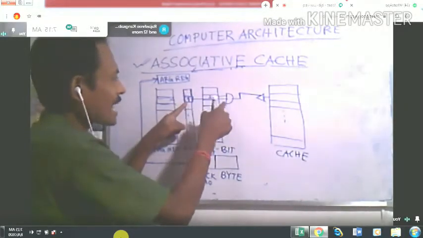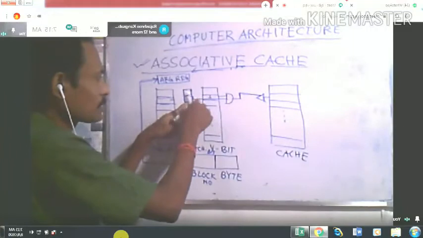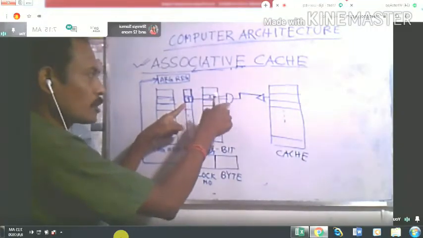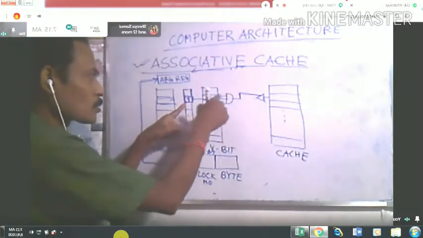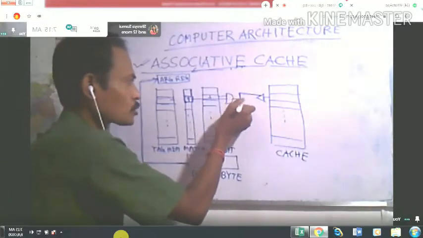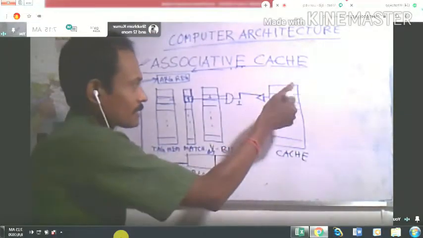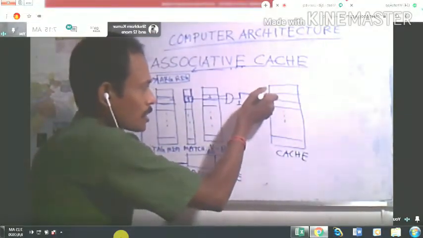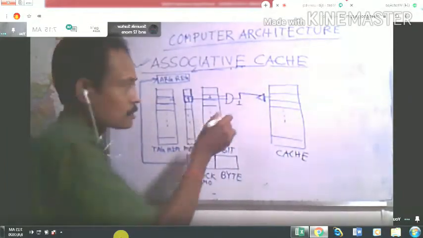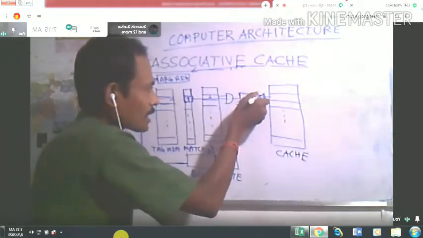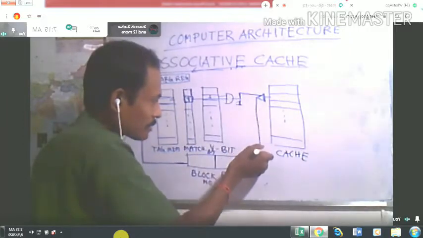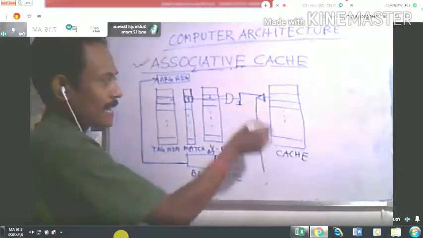So when we do the AND operation of these two values, this is 1, this is 1. So obviously this also will be true, and that particular cache block will be put in the inverter. So when this line is 1, only then can the values go through this particular line.